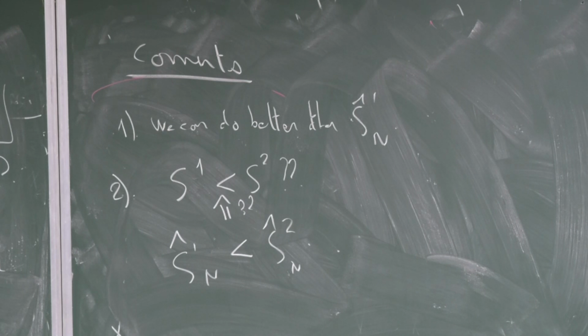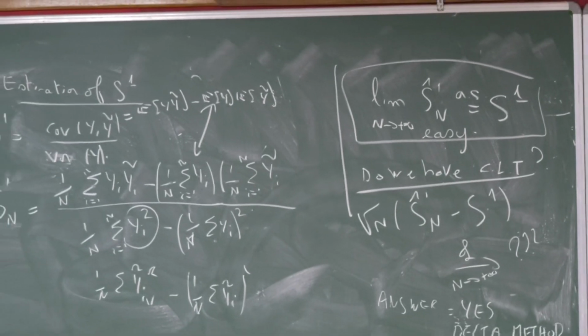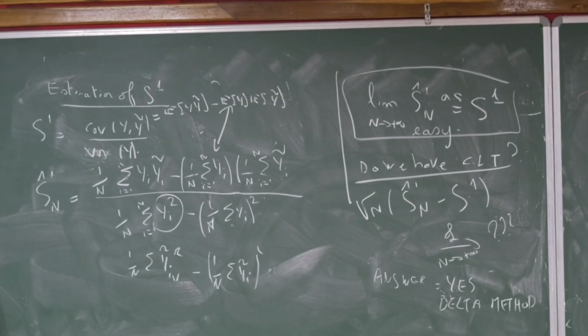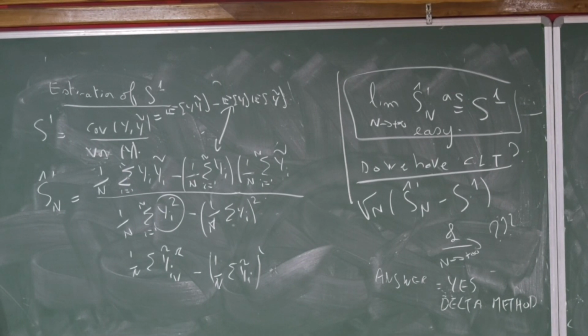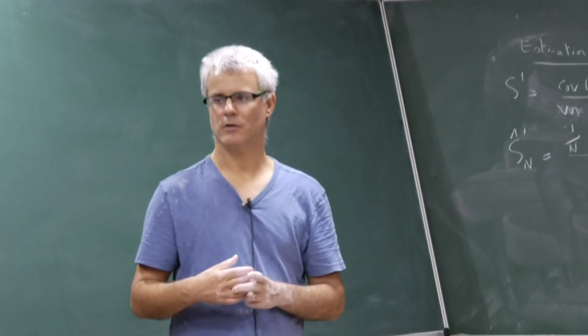So what you can try to do is a statistical test. You will put H0: S1 less than S2, and H1 the opposite. But for that, you will need the joint distribution of the estimations. So what you want here is not only to estimate one index, but maybe two at the same time and have their joint distribution. That is also possible, and you will also have a central limit theorem in R2, for example, with the joint distribution law, and then you could do your statistical test. Okay, so we will see all that maybe tomorrow, and I will stop there for today.